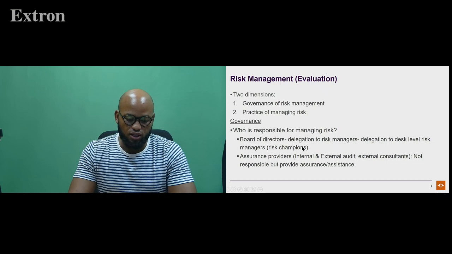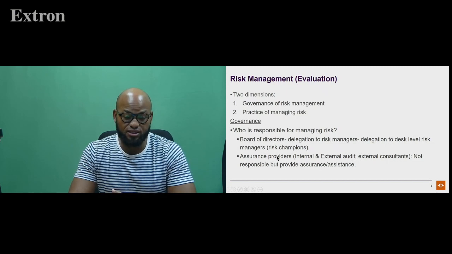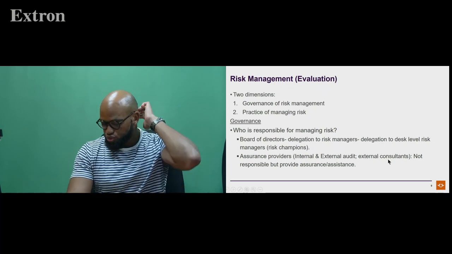All right? So either way, the board doesn't delegate its responsibility for risk management to assurance providers. However, they do expect to receive some sort of assurance from these assurance providers as well as external consultants. You will see